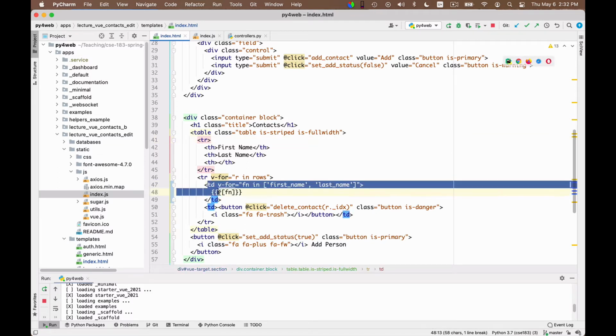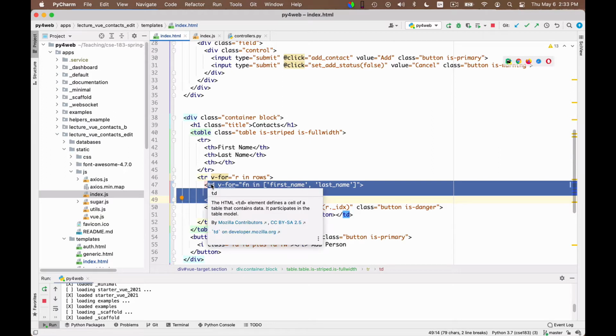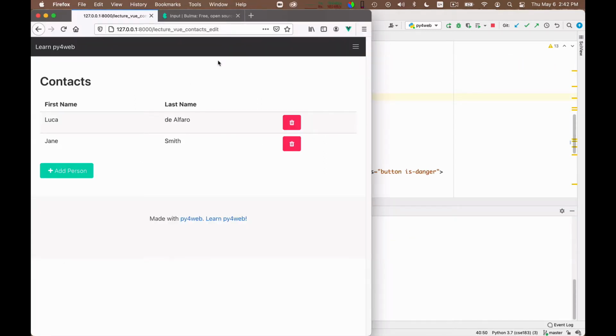Instead of a TD, I need to be able to edit. So I want to use here an editable field. I want to replace essentially the TD with an input tag that will contain the right formatting. So the first thing I want to do is transform these fields from static fields into input fields.